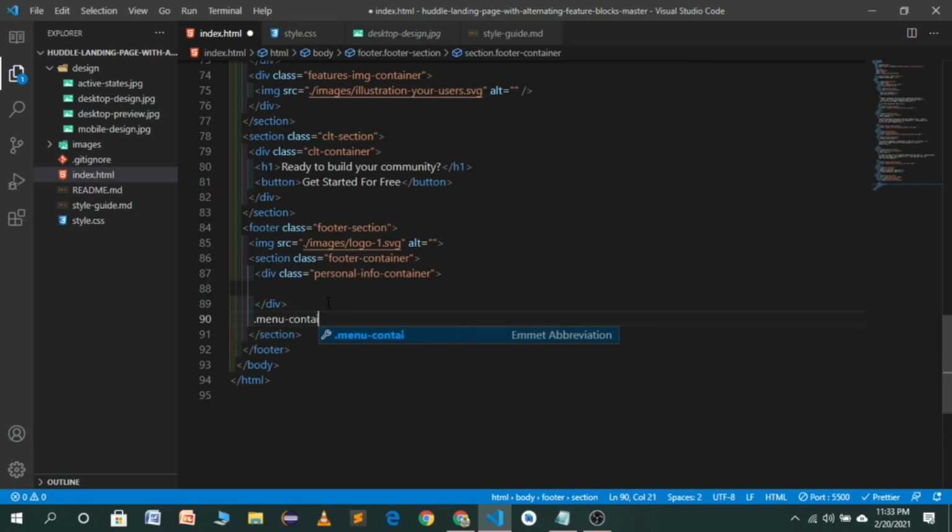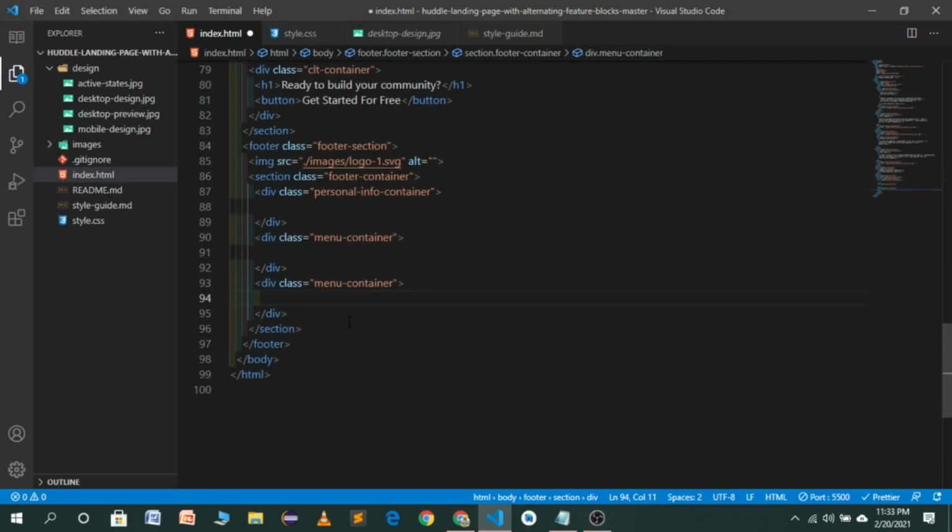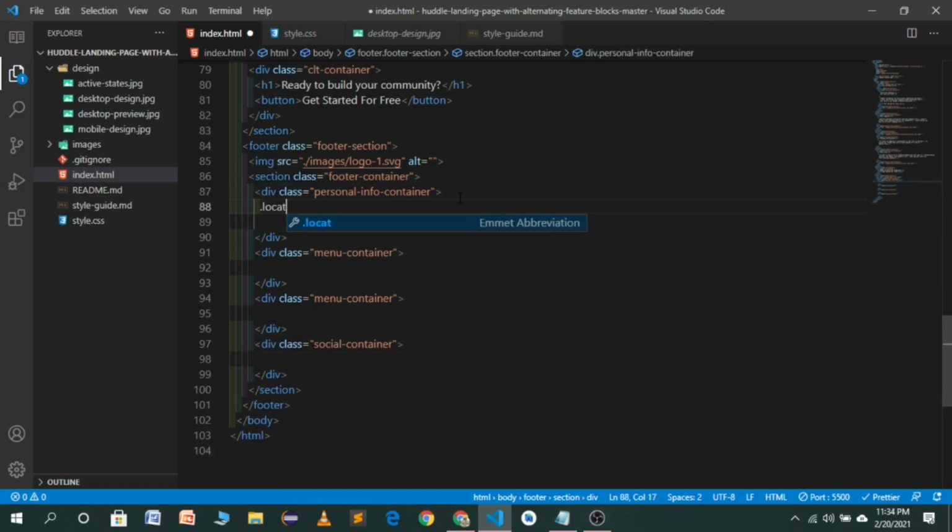The second one is menu-container. The third one will also be the same, menu-container. And the fourth one is dot social-container. So first of all, in the personal info container we have a div of location,